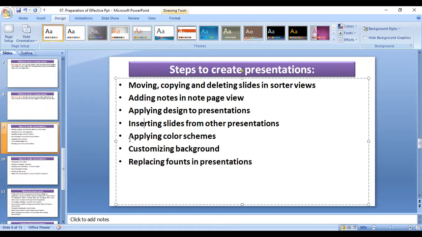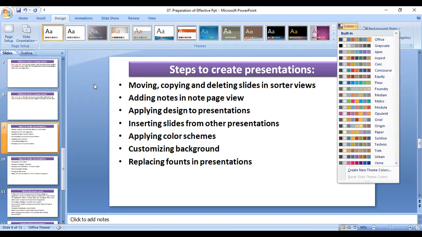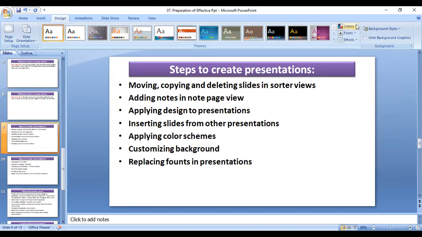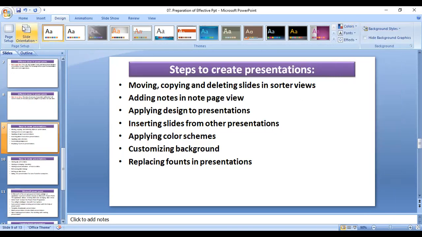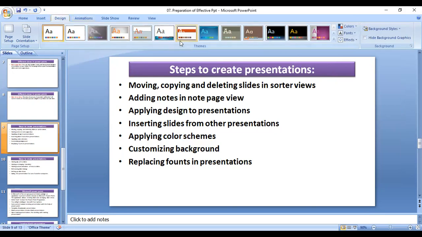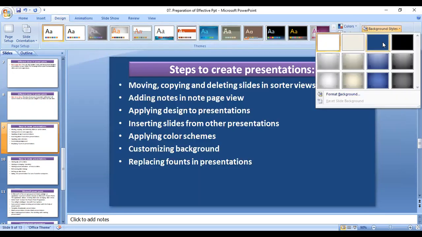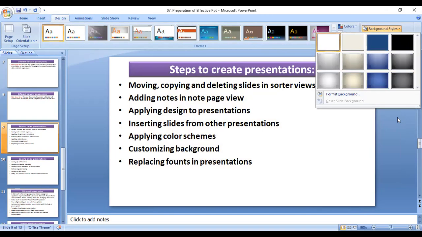Inserting slide, then applying color scheme. So here is a color option. Here you can apply any color scheme, any color code to these slides.